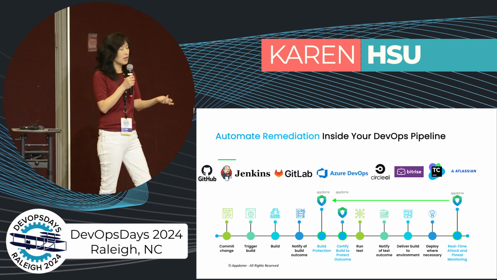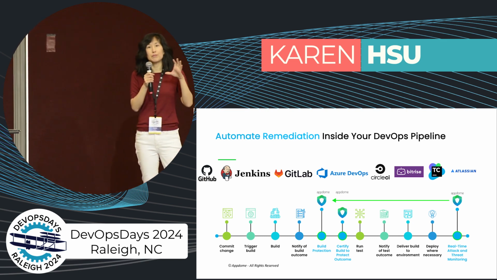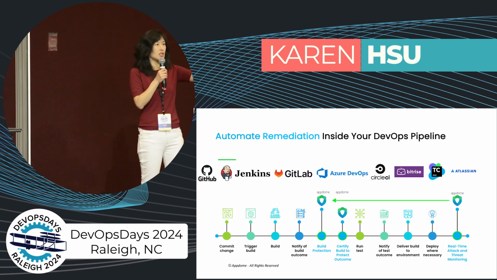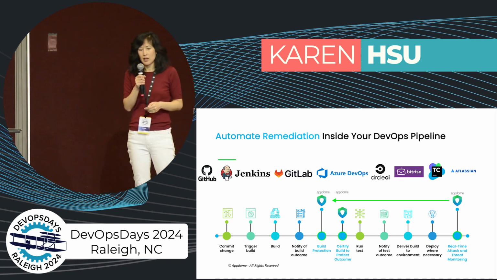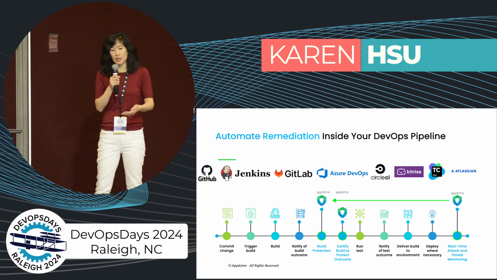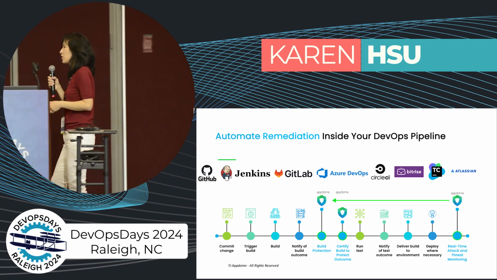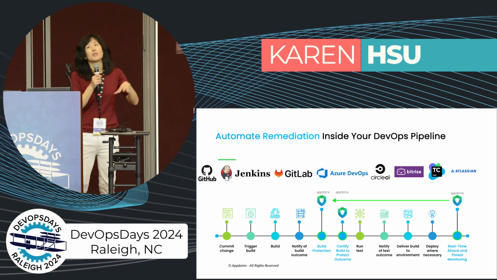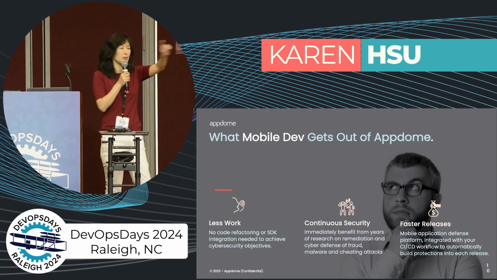So whether you have GitHub, Jenkins, GitLab, whatever CI/CD, you're able to use the pre-built plugin that AppDome has developed so that you can build the protections in an automated way as a step in this process. And in that way, throughout the life cycle, whether you're building in the protection, certifying the protections, testing, and then deploying to production, you can securely not only protect the app, but also monitor for new threats, new attacks that might come about, and then automate the process of